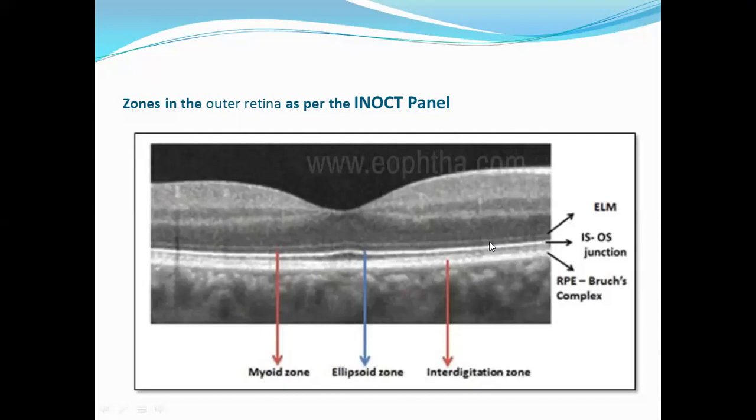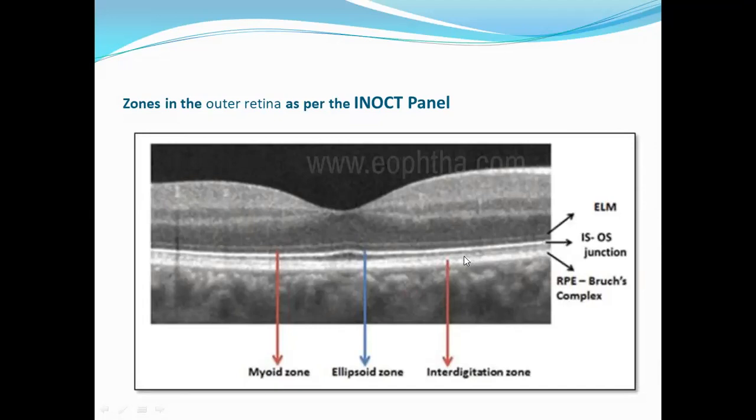So there is less reflection and it appears hyporeflective. We go more outside, to the junction of the inner segment to the outer segment of photoreceptors, known as the ellipsoid zone. This ellipsoid zone is again hyperreflective because of the more compact arrangement of mitochondria. Further outside, we have the interdigitation zone, which appears a little hyporeflective. Here the apical cells of the RPE interdigitate with the outer segments of the photoreceptors. Very often it is very difficult to distinguish between the interdigitation zone and the RPE Bruch's membrane complex. However, this is also a layer which has been mentioned.